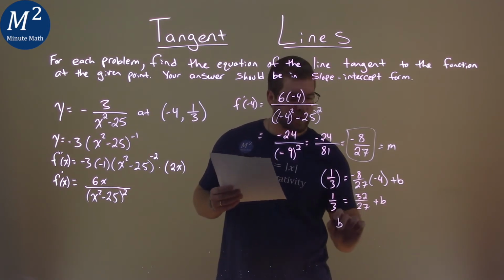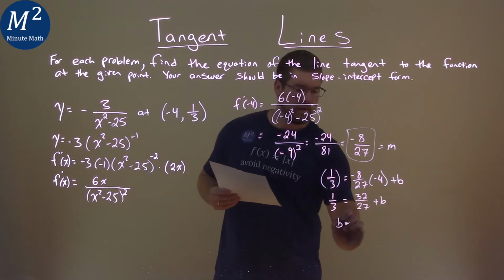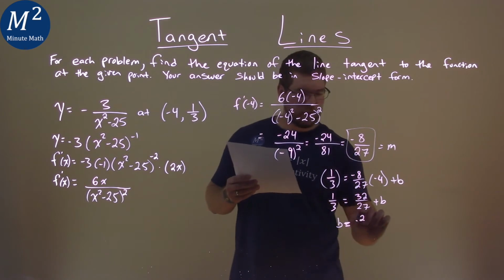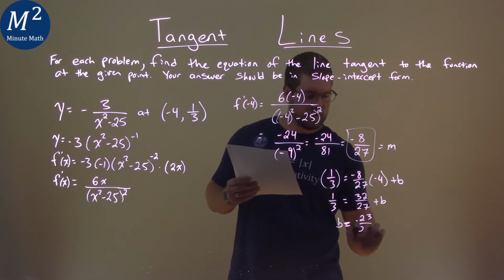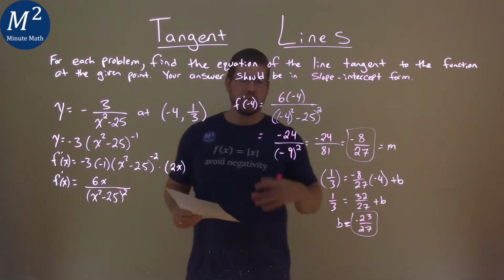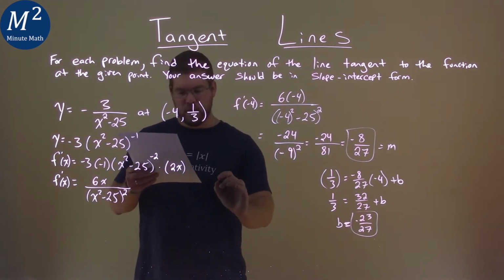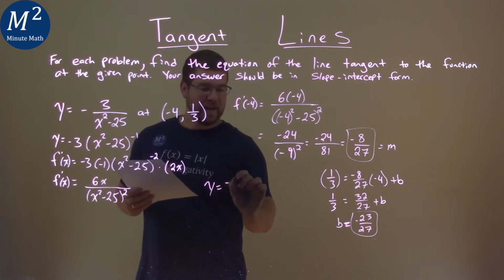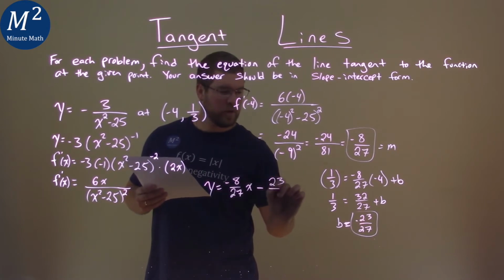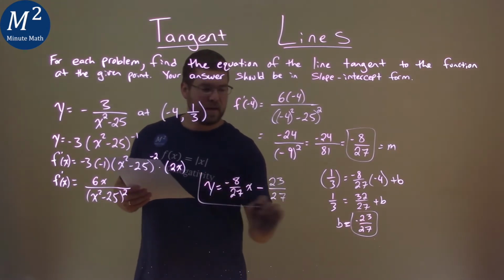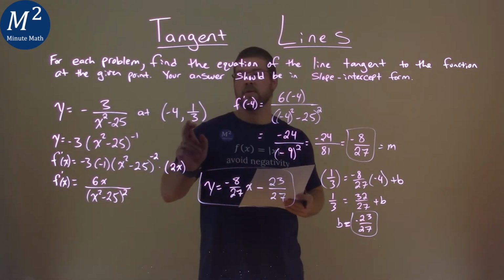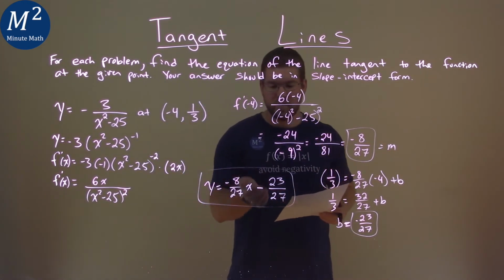And I did the work for you here. 1/3 minus 32/27 is negative 23/27. So we have our slope, we have our y-intercept, we can write the equation of the line. y equals negative 8/27 x minus 23/27 is where the line is tangent to the function at our coordinate point negative 4, 1/3. So again, this is right here